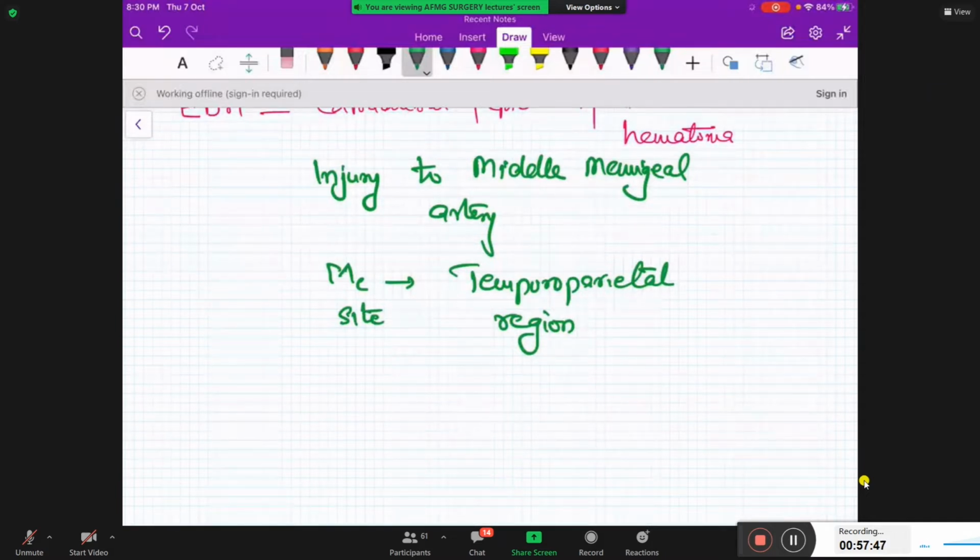And very important: can you tell me how a patient of EDH is going to present to you? EDH is going to present with the same signs and symptoms which any other patient of head injury has: loss of consciousness or altered sensorium, vomiting, seizures, or ear, nose, or throat bleeding or discharge. But